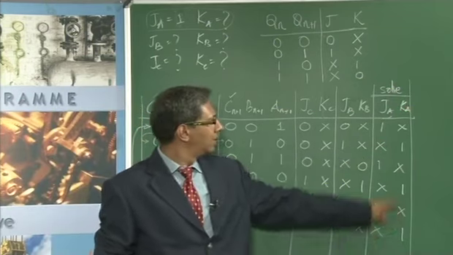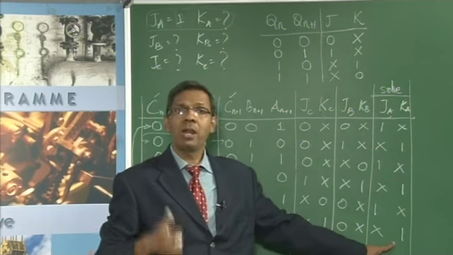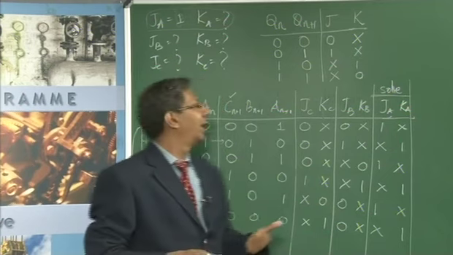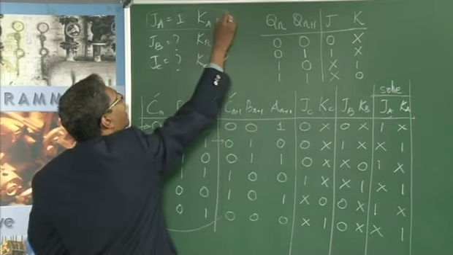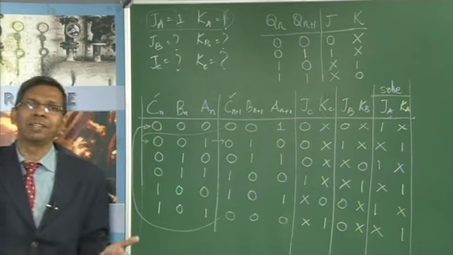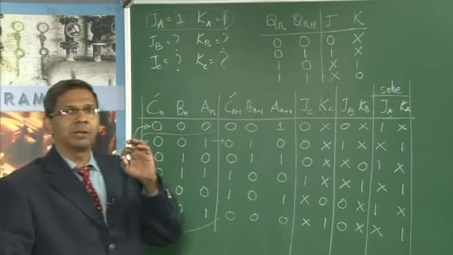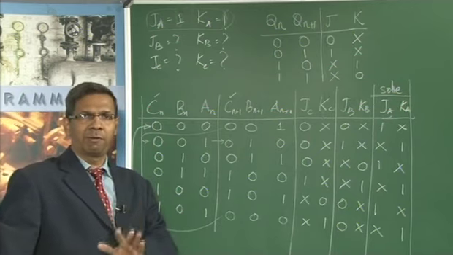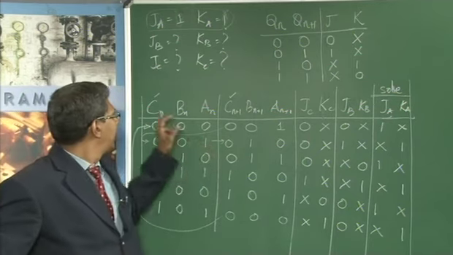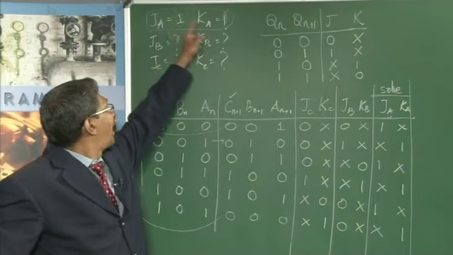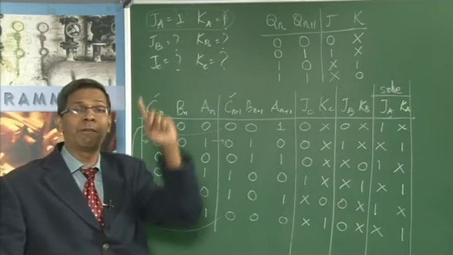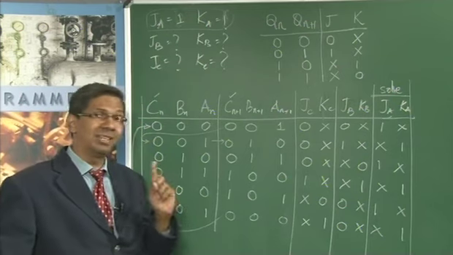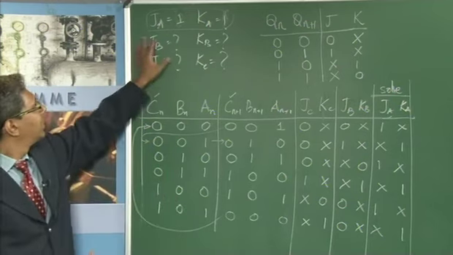Again the same case. All of them are either 1 or x. So what will I do? I'll interpret all the don't cares as 1, and then KA also becomes 1. So life has become very easy now, right? For the LSB, A is the least significant bit flip-flop. For LSB, which is A, the values of J and K, both the flip-flop inputs, are tied to VCC. Okay, so that is done.